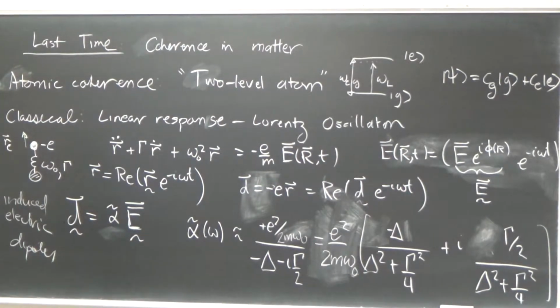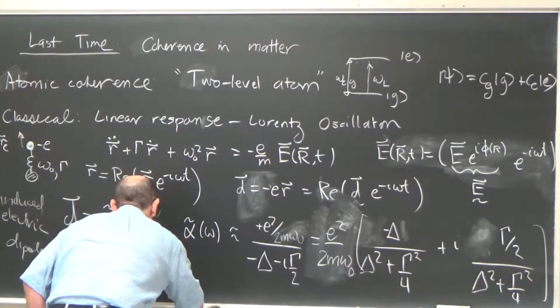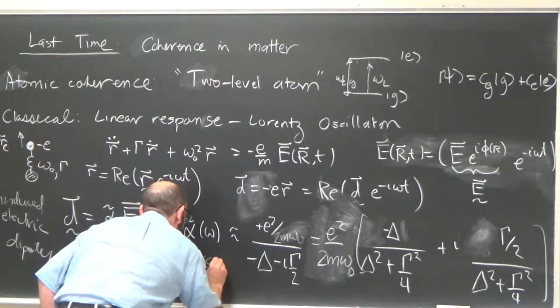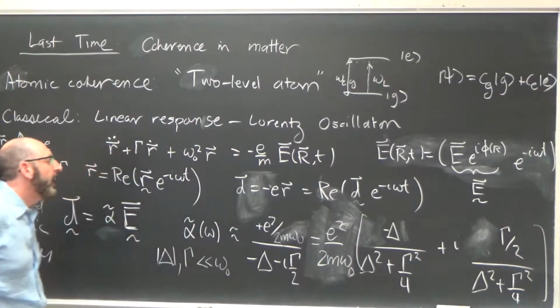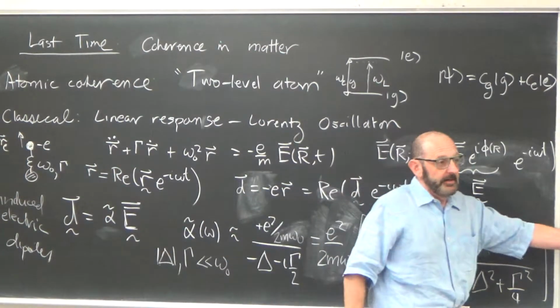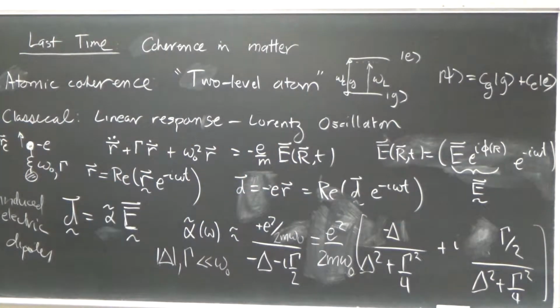in the limit that the detuning and the damping are very, very small compared to omega naught, we have this approximate expression, and we're near resonance for weak damping for the polarizability, which has this real and imaginary part, and sketched out these functions, these shapes that are familiar to you. Right. So